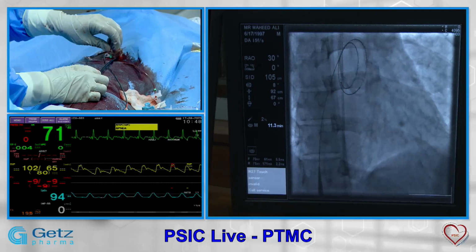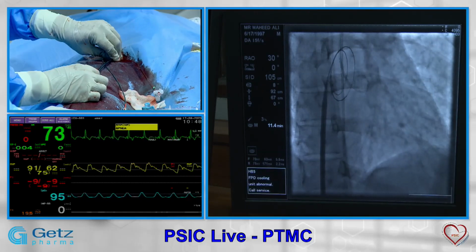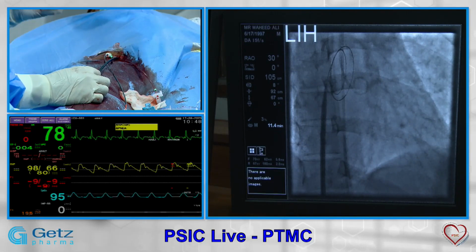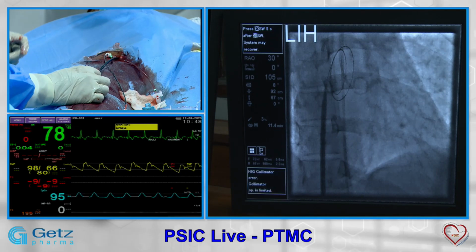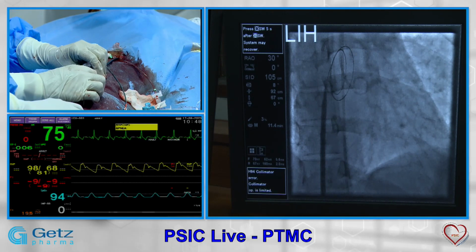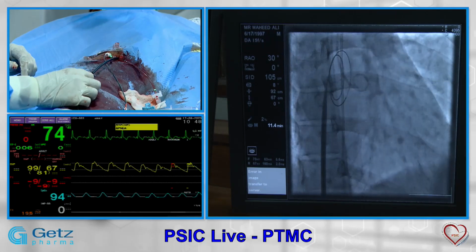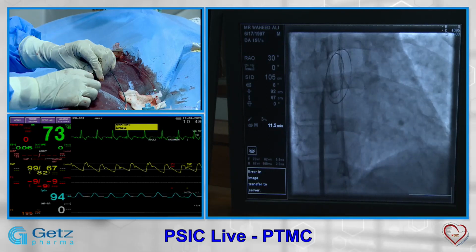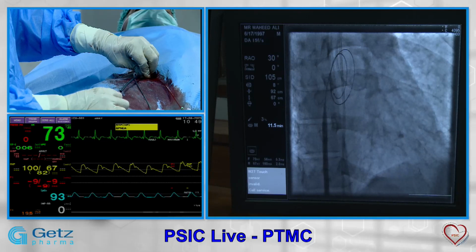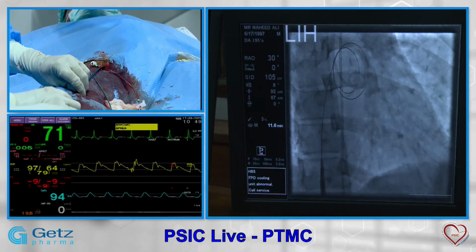Usually what we do is try to dilate the septum and feel the septum, if you can, because in rheumatic fever you can have a thickened septum and you may have resistance on the septum. So you try to dilate it until you don't get any resistance. You can see my hands, and on this one you need to hold your wire, bring the dilator down and then take it forward. In this way, you will not lose your position.